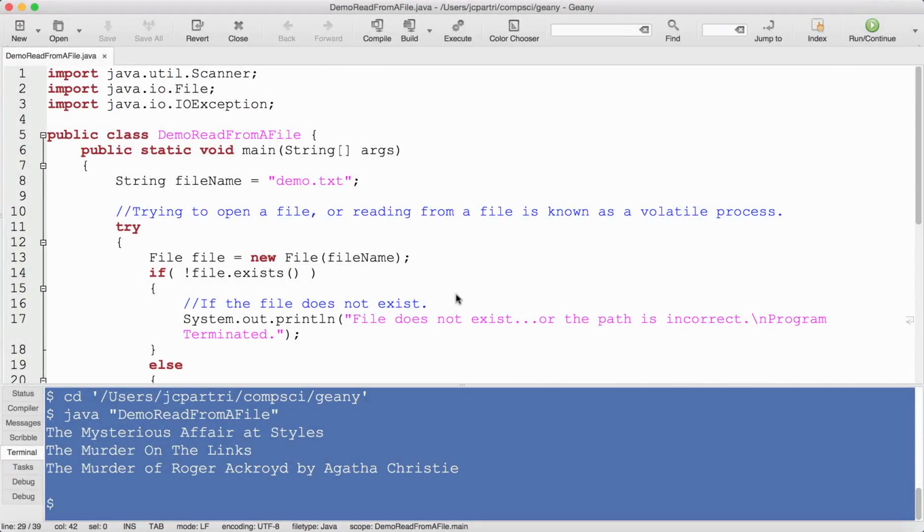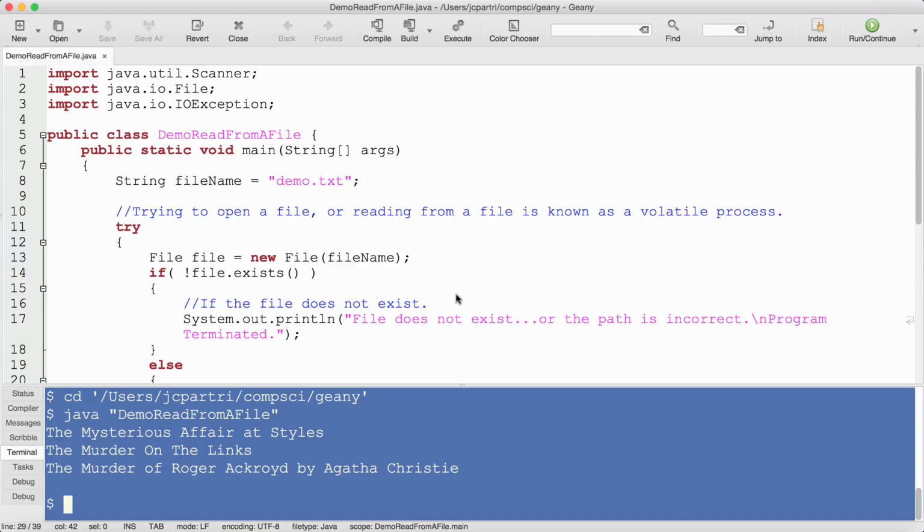Okay, so in the last video, we talked about scanner objects and how to read from a file. And after I completed that video, I realized that this would be a great opportunity to talk to you about relative and absolute paths. That's something that really used to confuse me, but it really is a simple concept. So I'm going to do my best in this video to explain what a relative path is and what an